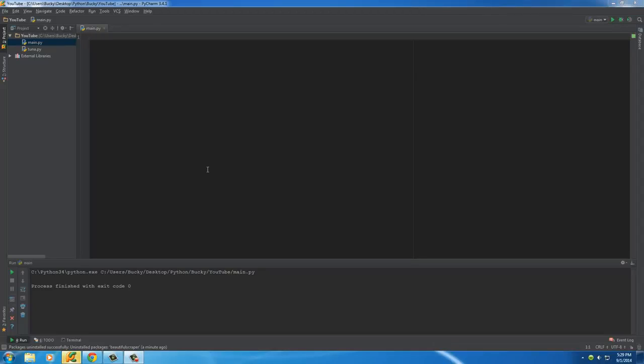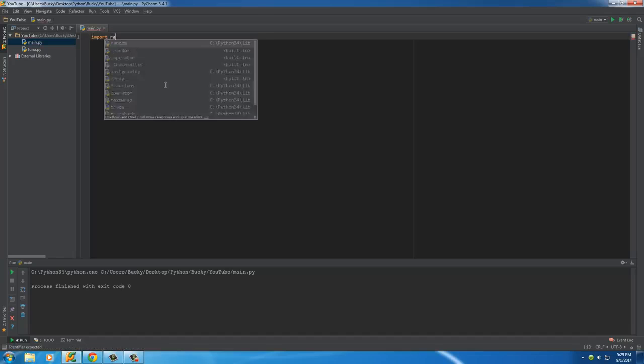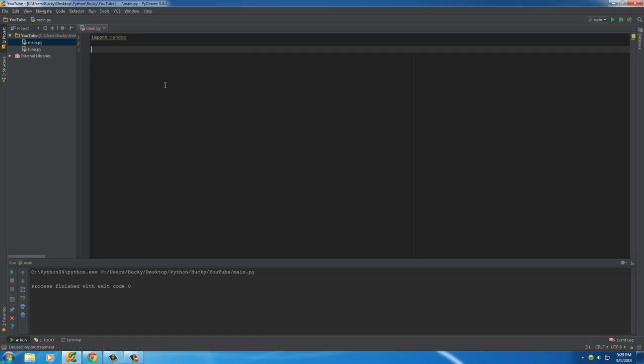Alright guys, this is going to be a cool tutorial because I'm going to show you how to build a very simple program where you can download an image from the internet. So the first thing I want to do is import random again, and that's because whenever we download an image, we're going to be giving it a random file name and saving it as that